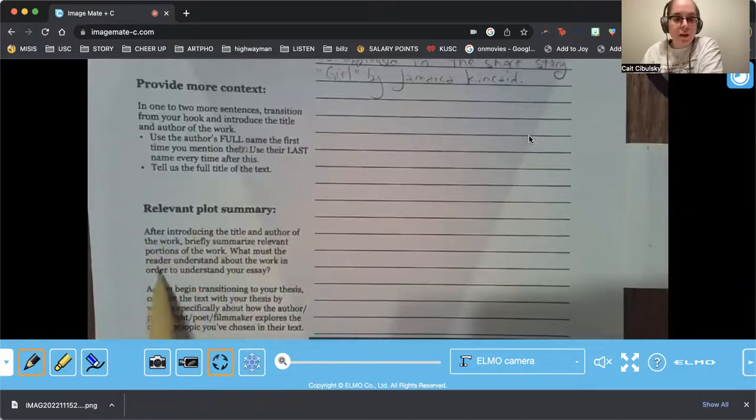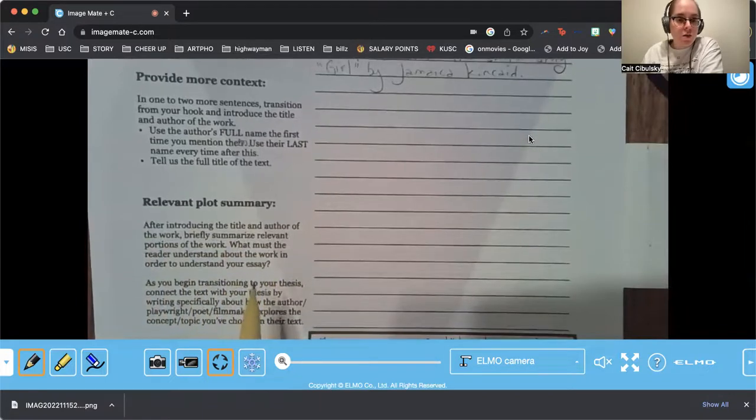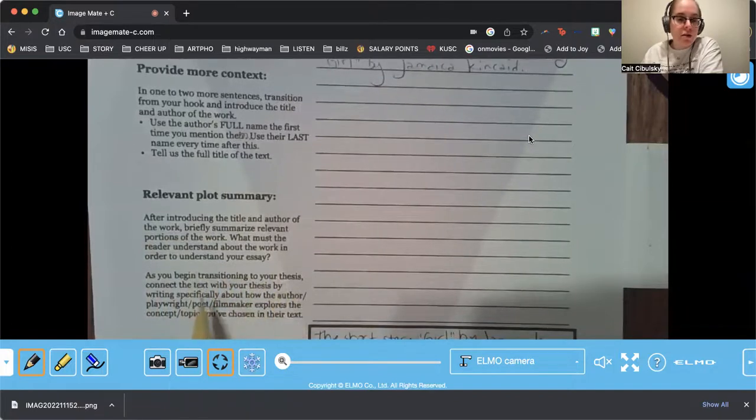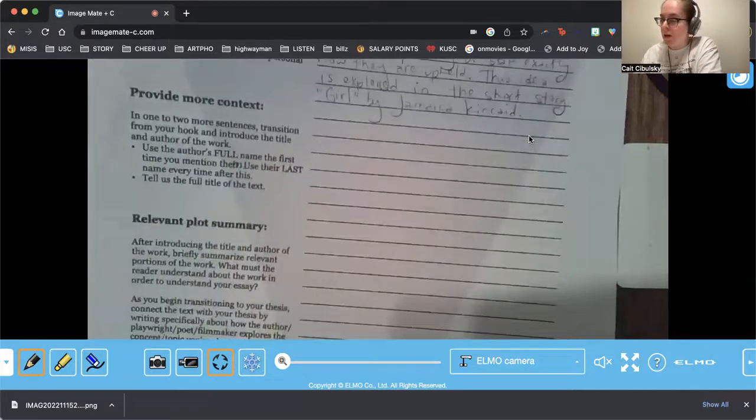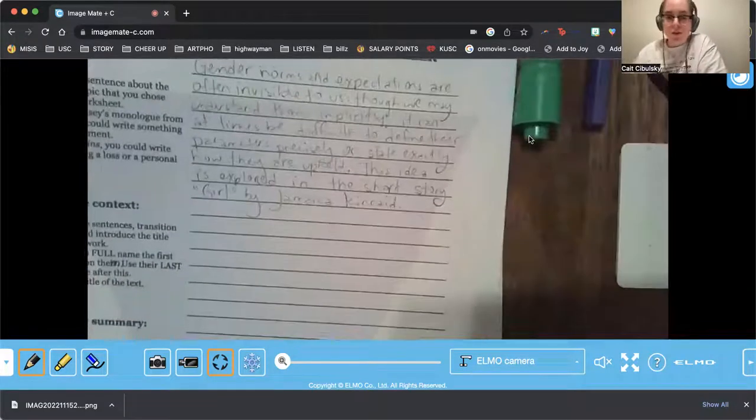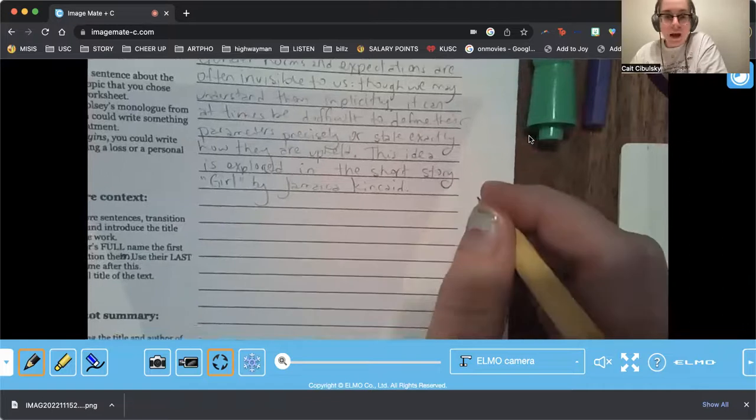Okay. Relevant plot summary. After introducing the title and author of the work, briefly summarize relevant portions of the work. What must the reader understand about the work in order to understand your essay? As you begin transitioning to your thesis, connect the text with your thesis by writing specifically about how the author, playwright, poet, or filmmaker explores the concept or topic you've chosen in their text. Okay. This idea is explored in the short story Girl by Jamaica Kincaid,